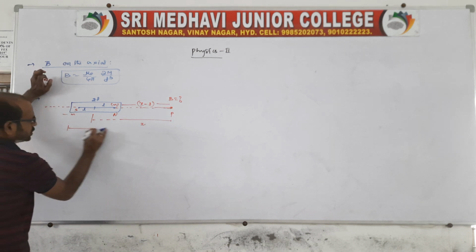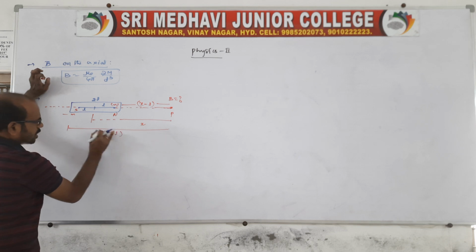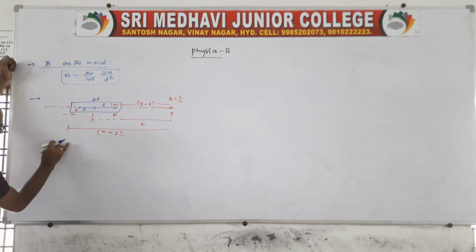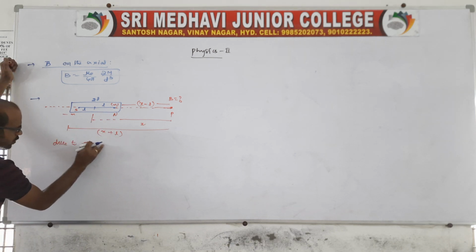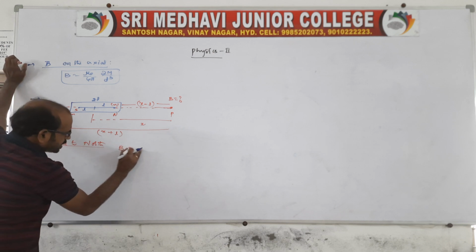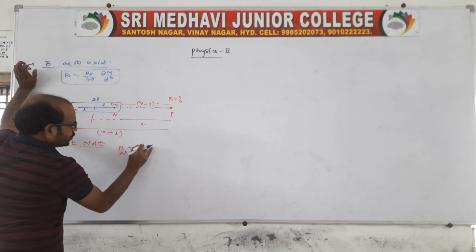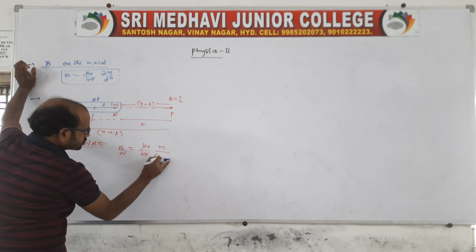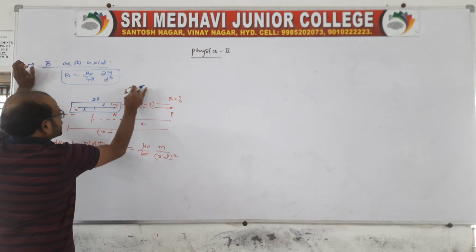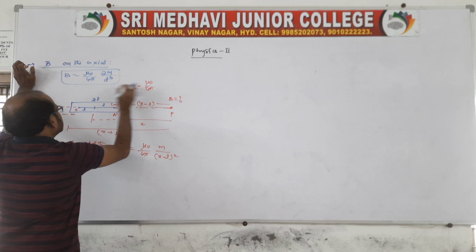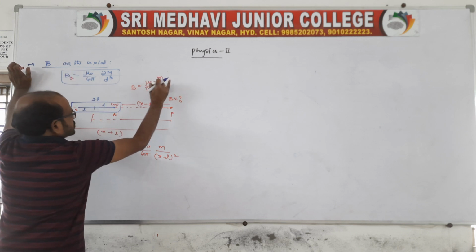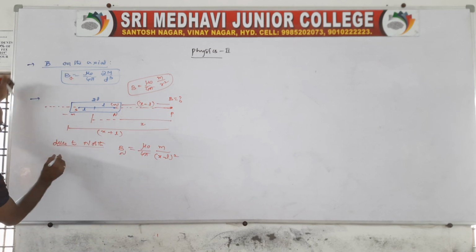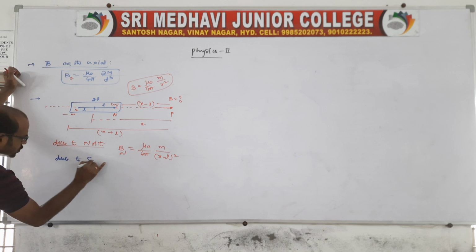And here from the south pole, this may be at a distance x plus L, or you can say another name also, no problem. Now, due to the north pole, the magnetic induction B north is equal to mu naught by 4 pi into pole strength m by x minus L whole square, because the formula for B induction on the axial line is mu naught by 4 pi into m by r square, where r is nothing but the distance. This is one expression.